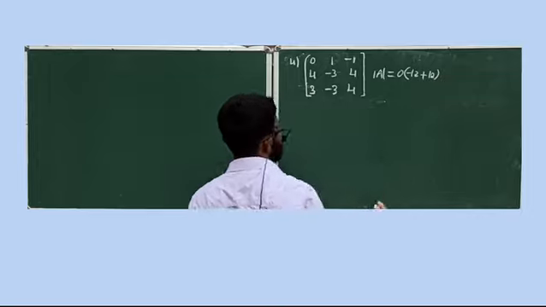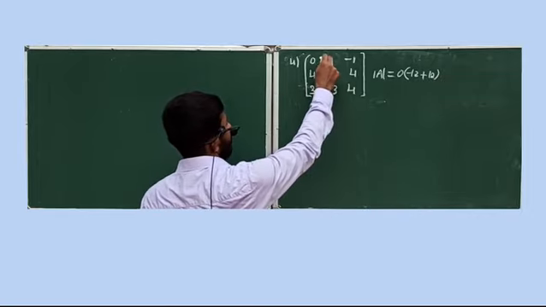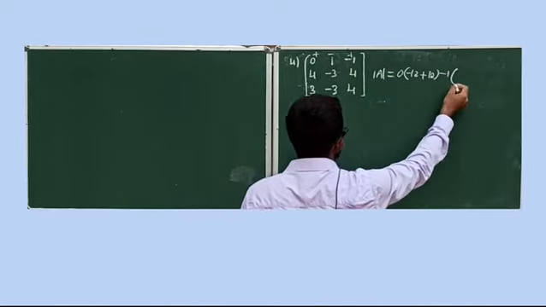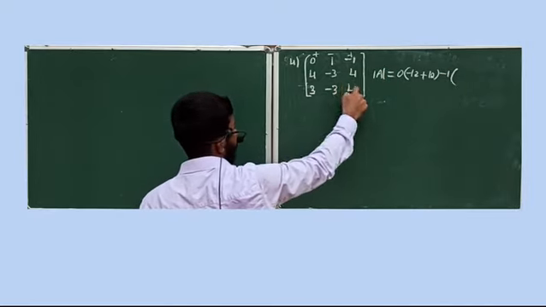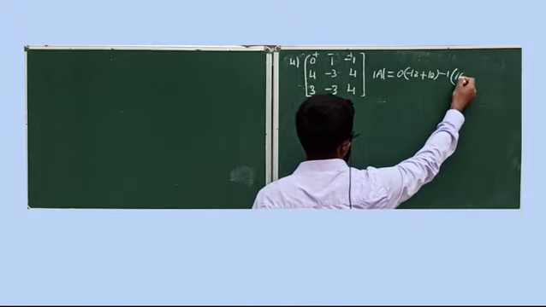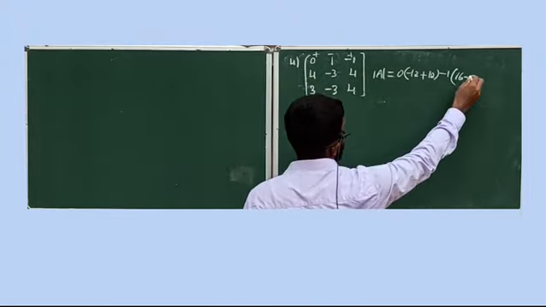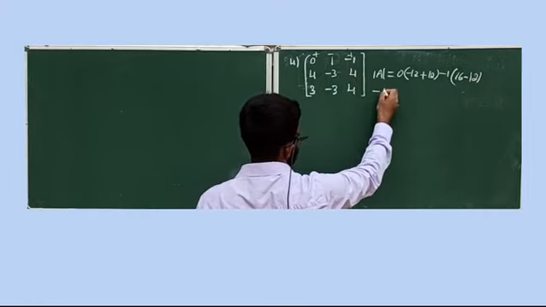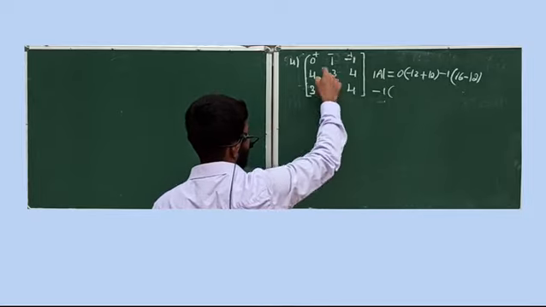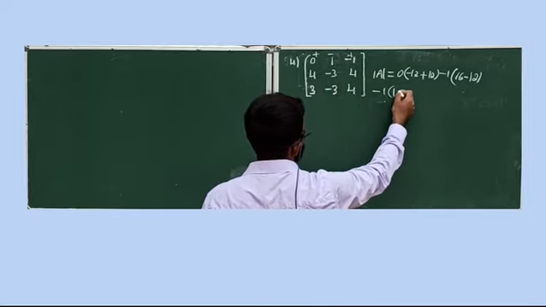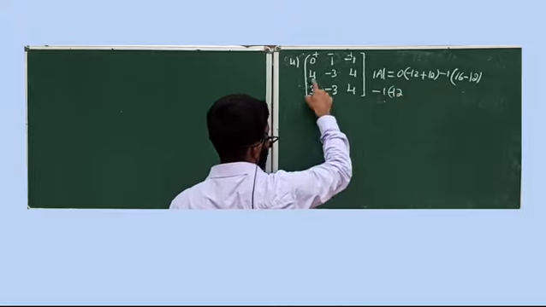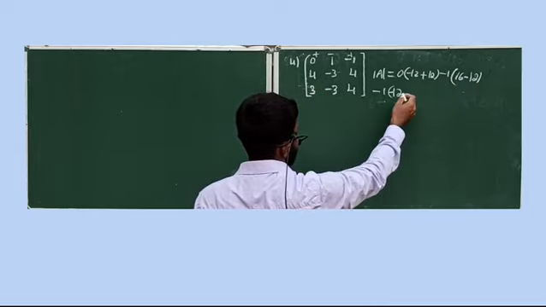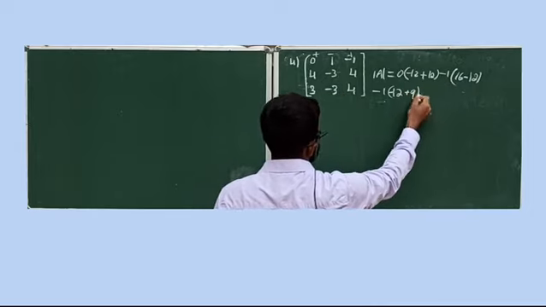It's equal to 0. Then minus 1 into, signs alternate: plus, minus, plus. Minus 1 into, delete the corresponding row and column, 16 minus 4 3s are 12. Then next entry, see, plus into minus, minus 1 into, delete the corresponding row and column, we will get 4 3s are minus 12 because minus 3 is there, right? Minus 12. Then minus 3 into 3, minus 9, but already minus is there, plus 9.